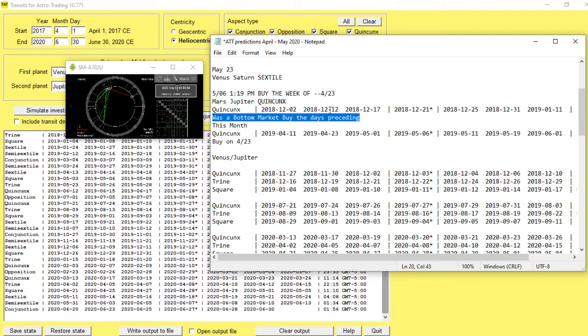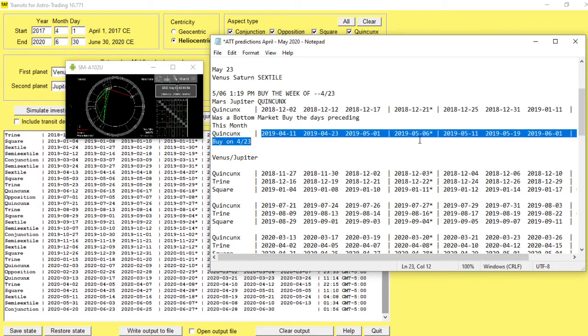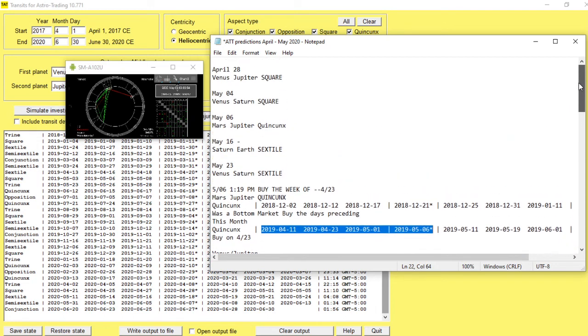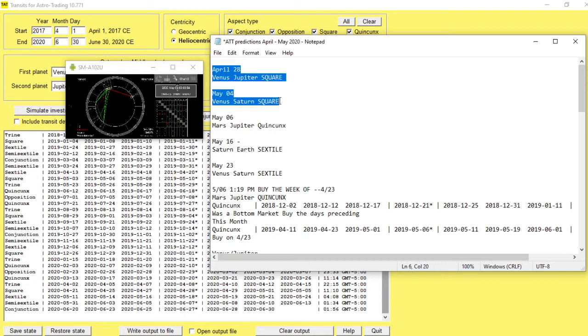Quincunx, this is a bottom market the days preceding. This only happened one other time. That's why I only have one line here. This only happened one time, and it's happening on the 6th. So I said it's a bottom market, buy the days preceding. So the days preceding, that's right now. So yes, it's going to be a buy in general around here with these aspects,